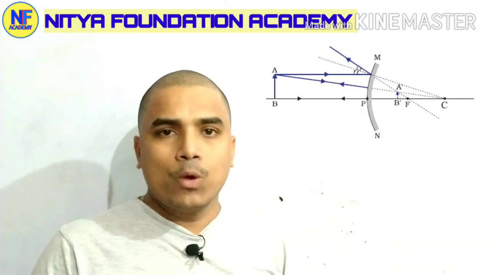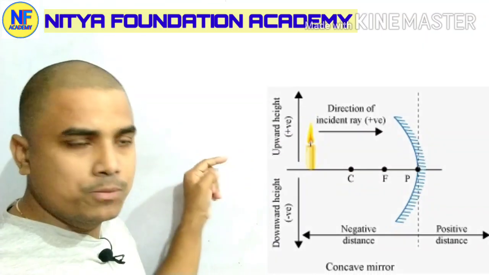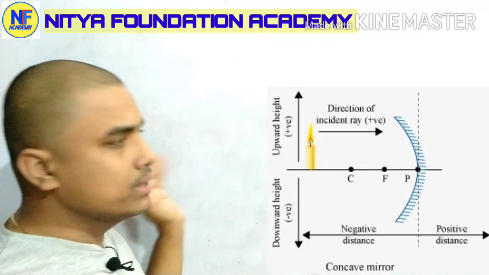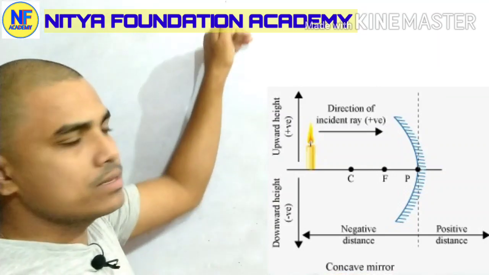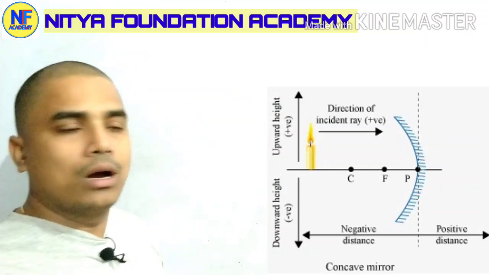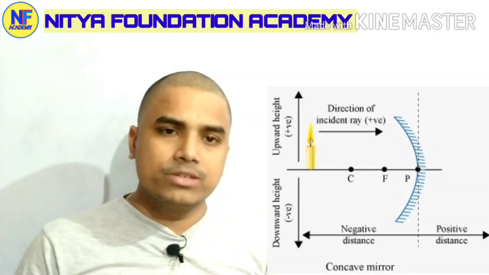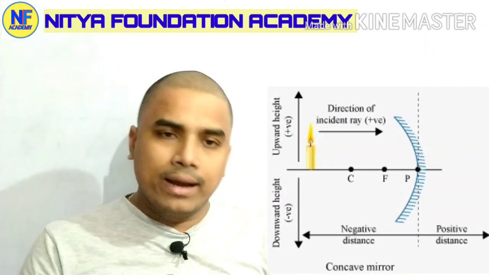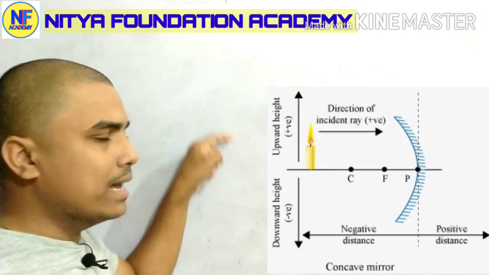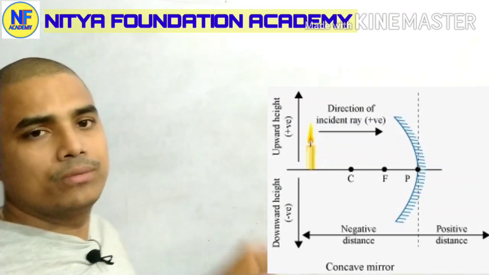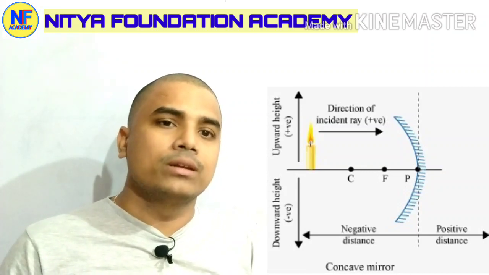In the same way, when an object is placed at the principal focus, this object is placed just above the principal axis, which works like an x-axis. So when it is placed above, the height of the object is positive, and as its image is formed downward, basically inverted, on the basis of the inverted size the height of the image will be taken as negative.